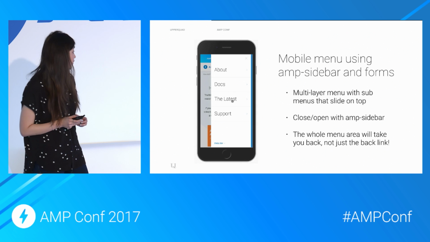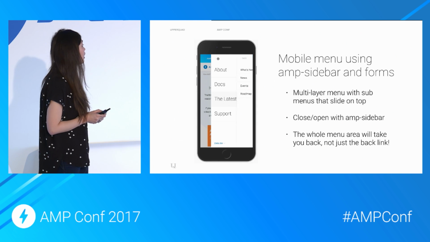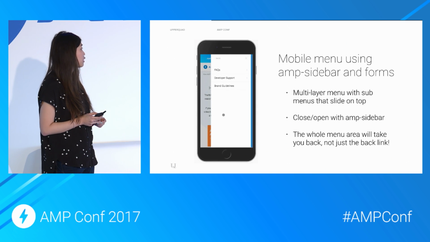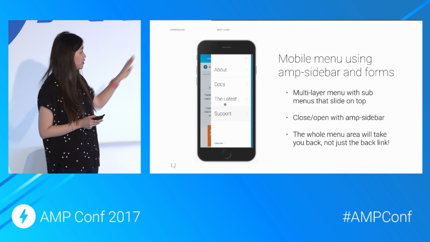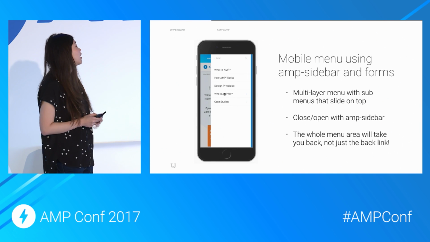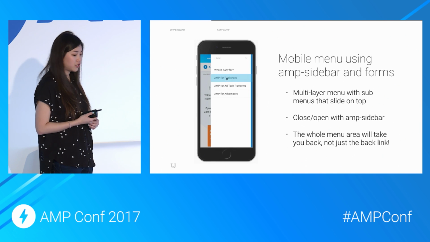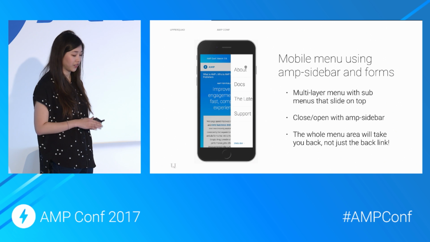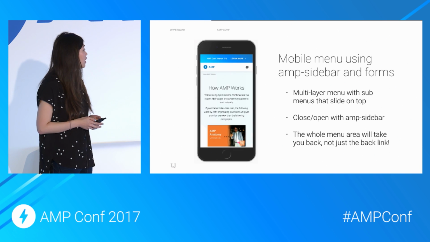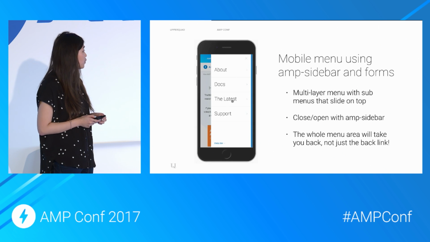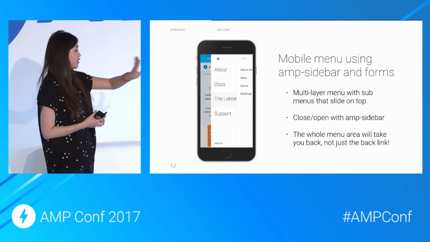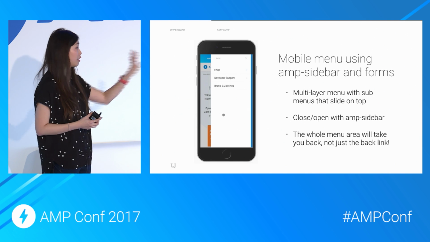The mobile menu is pretty interesting. If you look at the desktop nav, there can be up to 3 layers of menus. And we wanted to find a way to show that on mobile without just showing a huge list. So what we ended up coming up with was this menu where each sub-menu will slide over on top.